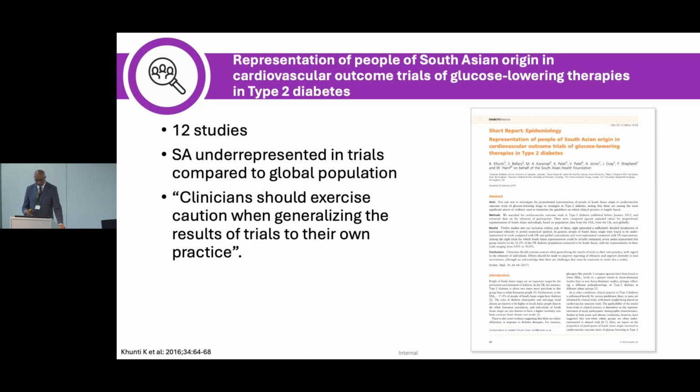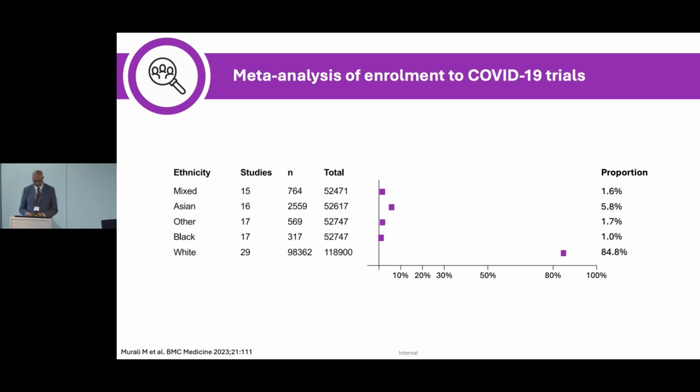This is data on these fantastic trials, as I said, the Mounjaro type GLP-1 receptor agonist, and we did a systematic review of those trials, saying ethnic minorities are underrepresented. Ethnic minorities are more affected by these conditions, but overall, in all of these trials, ethnic minorities were less represented.